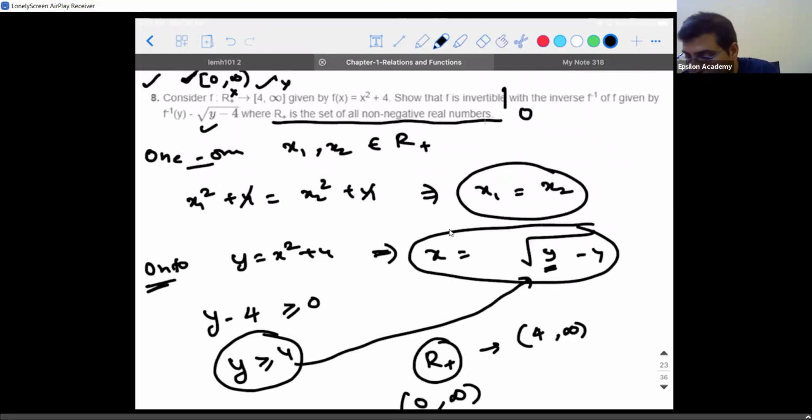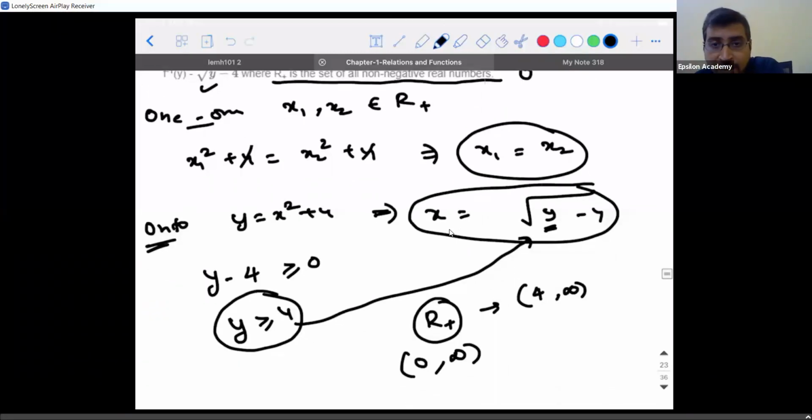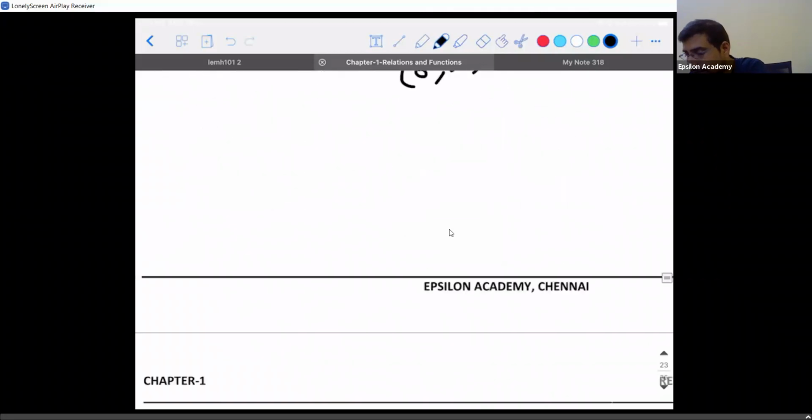But there is one more mistake in the question. Can someone correct it in this line? Infinity is not included, sir. Very good. Infinity cannot be included in a closed bracket. Suppose the question is 4 to infinity. When they say R plus, a set of non-negative real numbers, then they are including 0. If they give the question as open bracket 4 to infinity, then R plus means 0 is not included. I hope you understand.